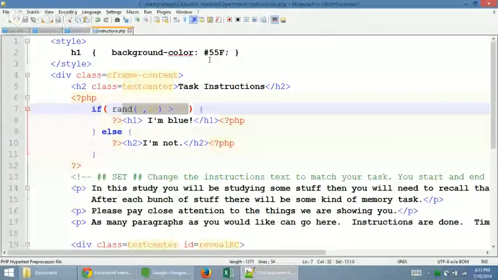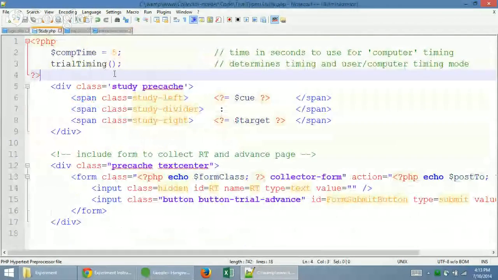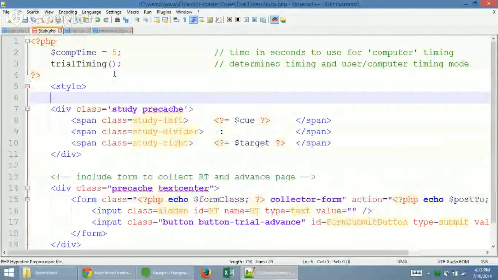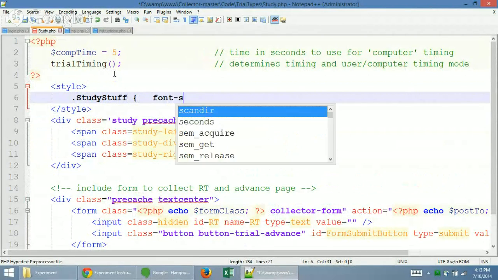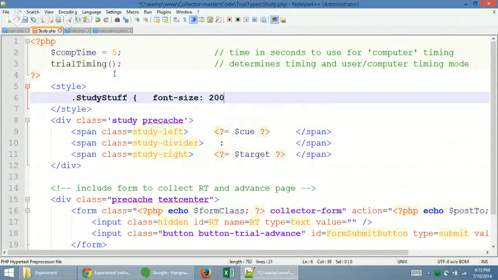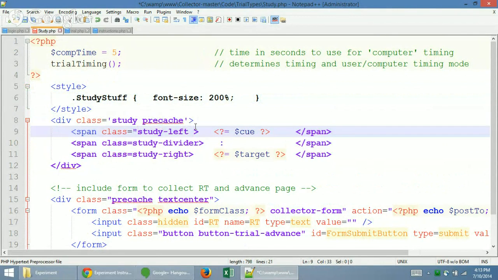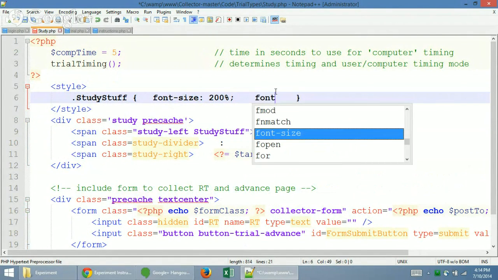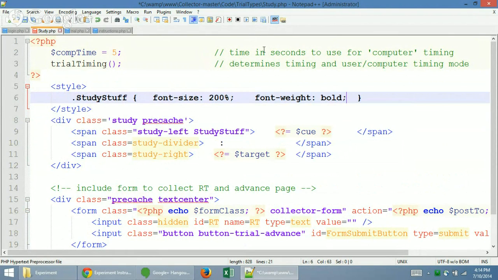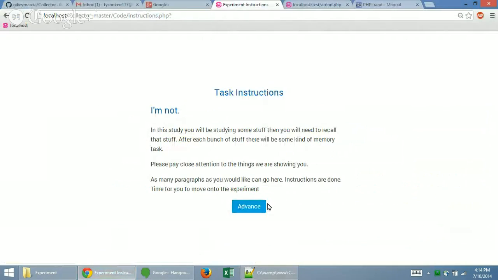If you were to do something like that in a trial type, like at the top of study, you could do something like that. Here, everything that has the class study stuff gets the 200% font size. This is probably best practice if you're making trial types: at the top of your trial type declare a style tag and start putting CSS in it, because HTML doesn't need just one CSS file. You can give it a bunch of CSS files and it'll look through all of them to find the styling. So this way, instead of having to download a new version and find where you edited